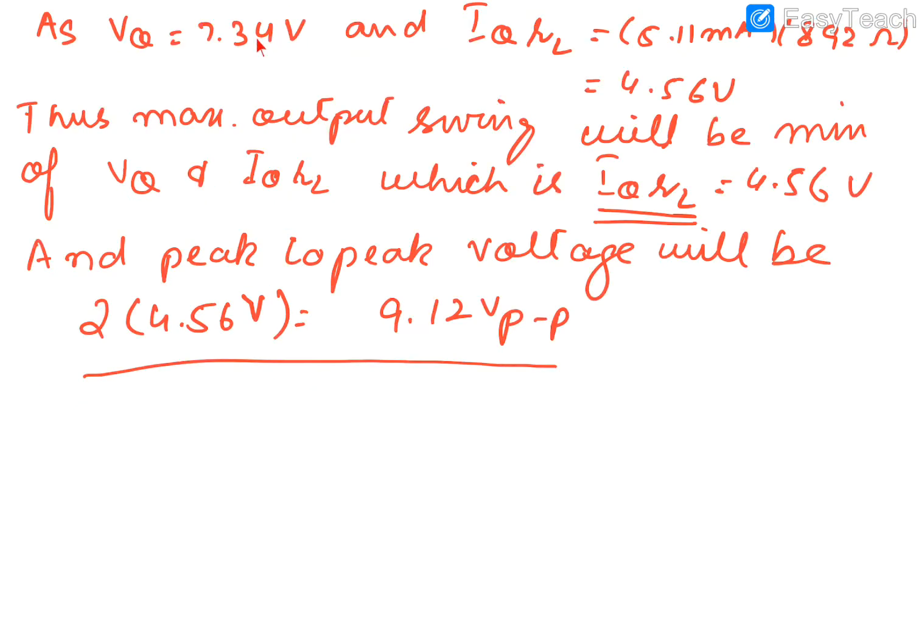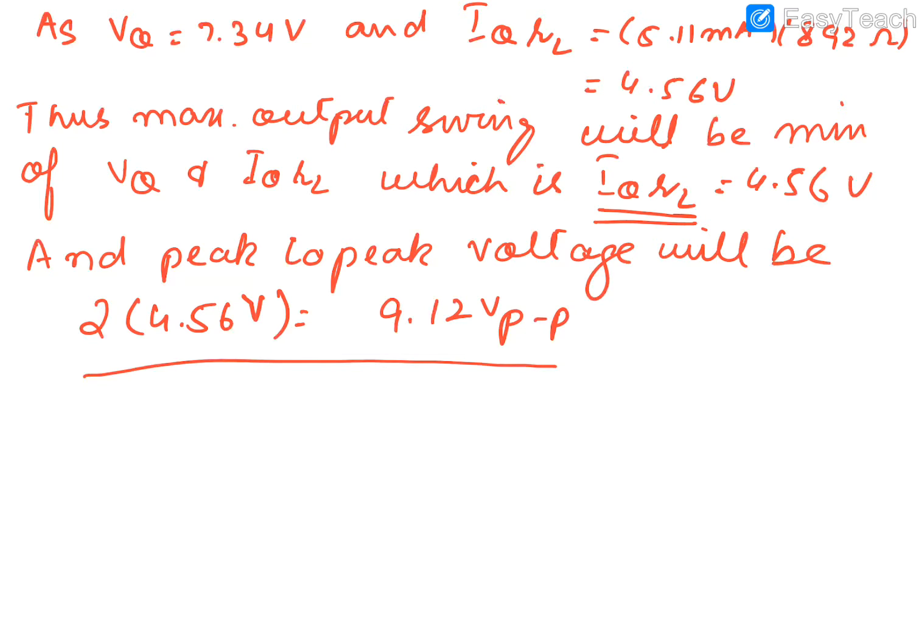As VQ is equal to 7.34 volt and IQRL is found to be 4.56 volt, we will select the output swing that is the smallest one, which is IQRL, equal to 4.56 volt. So the AC voltage will be positive 4.56 above the Q point, and negative 4.56 below the Q point, and the peak to peak voltage will be 2 multiplied by this voltage, which is equal to 9.12 volt